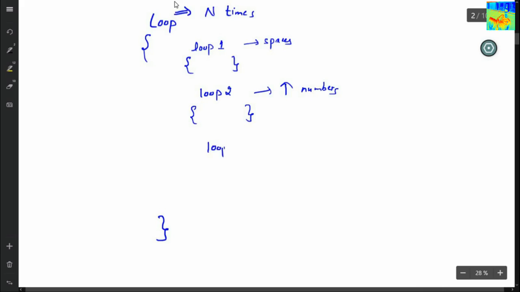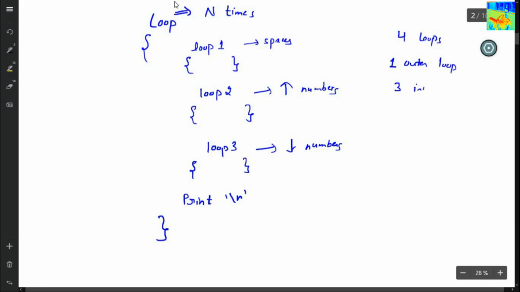Then loop number 3, and this loop will print decreasing numbers. Now I have printed one entire row. What will I do? I will go to the next row. So print \n to go to the next line or next row. So I am using 4 loops: 1 outer loop and 3 inner loops.